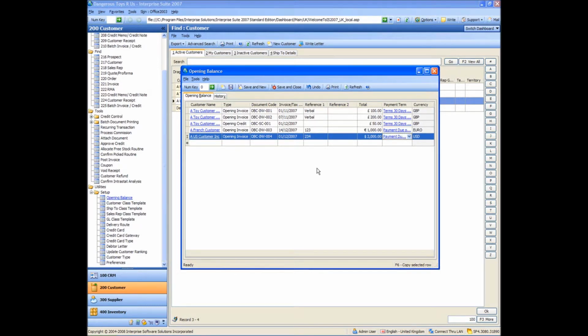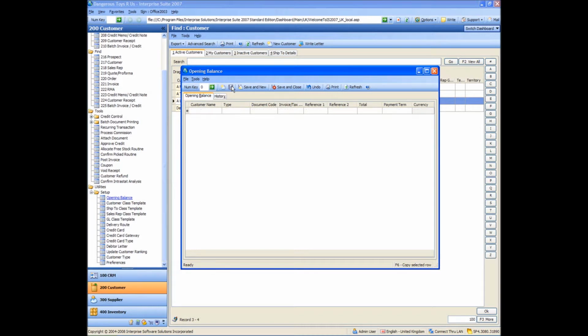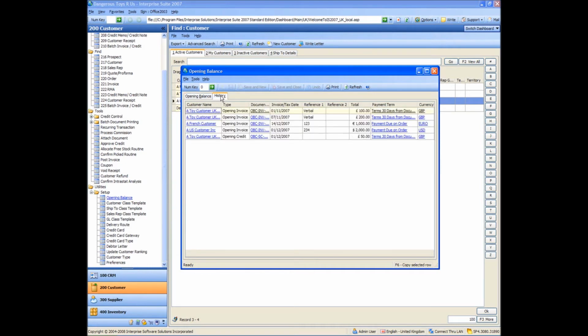Okay, so now that I've keyed all them in, I can hit the save key, which will post all these straight into the ledger, straight into the nominal. They're going to go straight in there. It's going to create the journals and everything for us, so the journal postings will all be there. So if I then want to see what I've done so far, we've got a history tab, and I can then look back onto the history tab to see